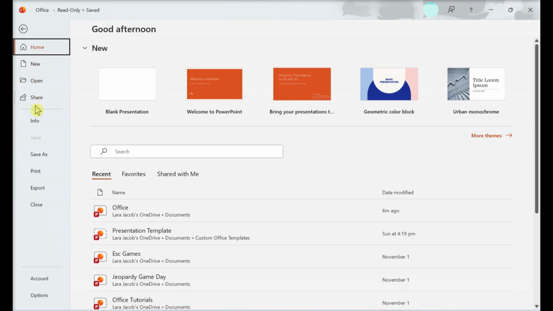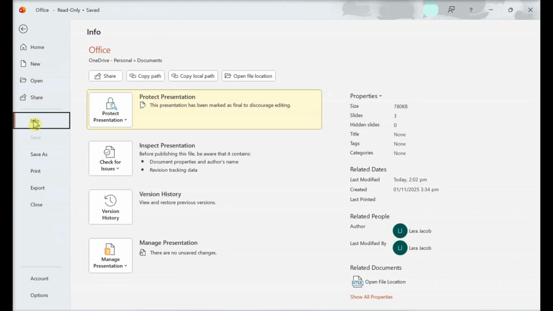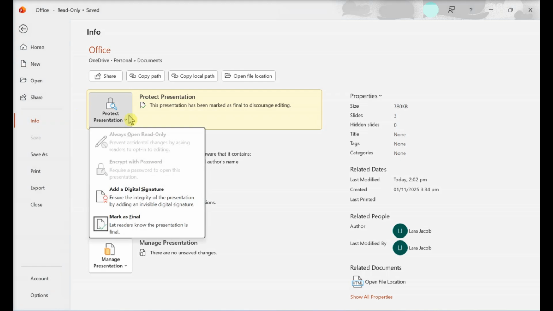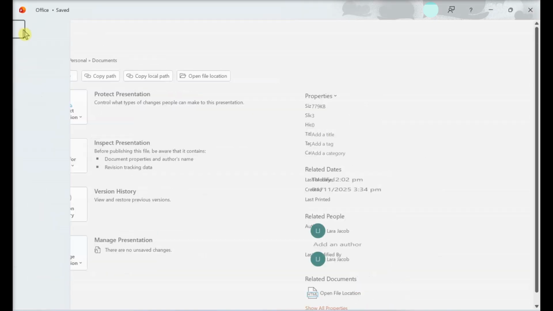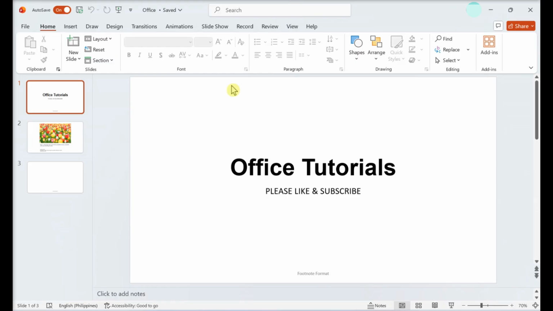Click Info, a menu will expand. Click Protect Presentation. You'll see this with an icon of a lock to the right of the Info menu. Click Mark as Final. Clicking here will undo the lock and remove the presentation protection. The Read-Only text is gone from the title, and the yellow banner will disappear, which means you can edit the